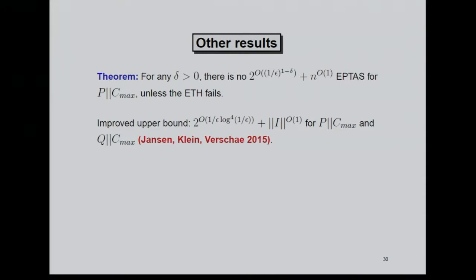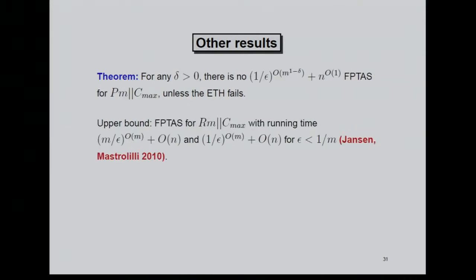But we also had some results if you specify the number of machines. So if m is constant in this case, or a parameter, you get a lower bound where m goes here in the exponent. So that means you can claim that there is no specific FPTAS for the problem. On the other hand, there is also an FPTAS even for a more general problem with unrelated machines that is harder to solve, where you get these running times.